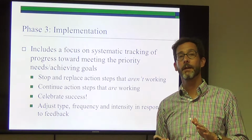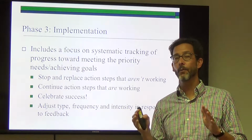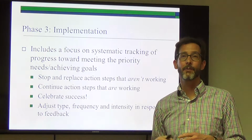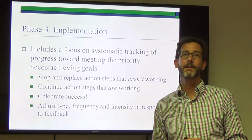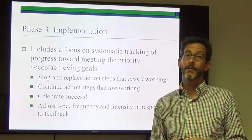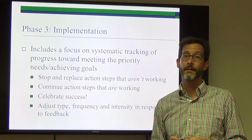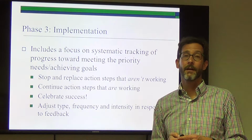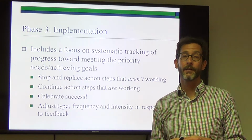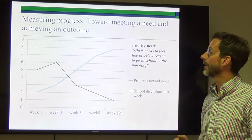If you're making progress on the biggest outcome that you've established for the family, no matter what they're coming into the meeting with, you can say, we are succeeding. We're doing something right. If you're not making progress on the highest priority needs, then you know it's time to adjust the plan. We're not going to wait for an even bigger failure. We're going to start adjusting right now. So, as an example,